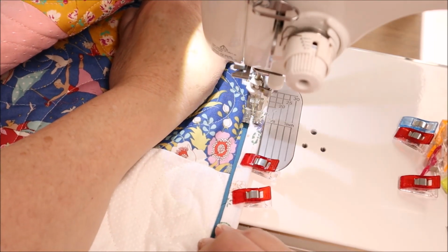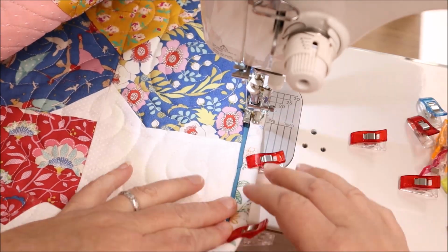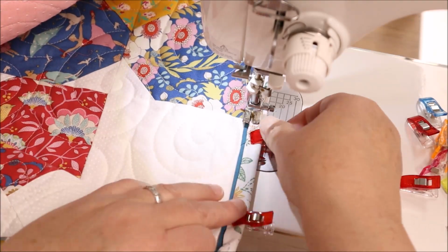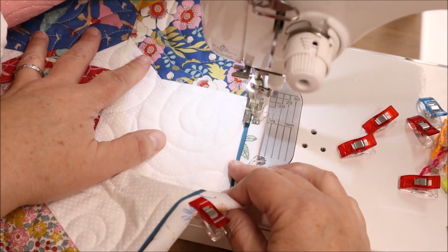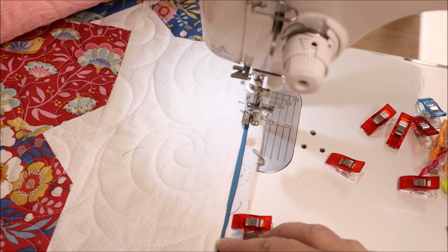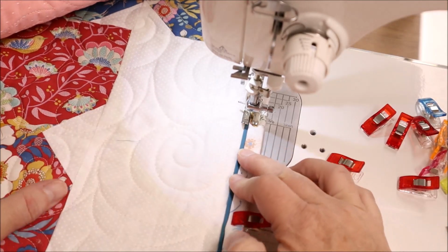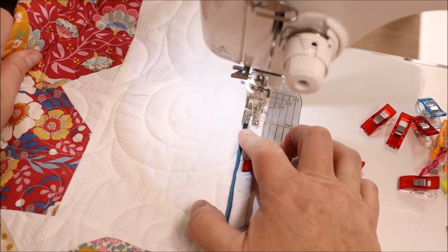Go slow if you can, control it. When you get to the next clip, take it out. Because we've glued this down, it does stay in place pretty nicely, and you just kind of slowly go along. It is a little thicker of fabric, so be mindful of that. Then if you need to make any adjustments, go right ahead. Just pinch things down, use your stiletto, your fingers, what